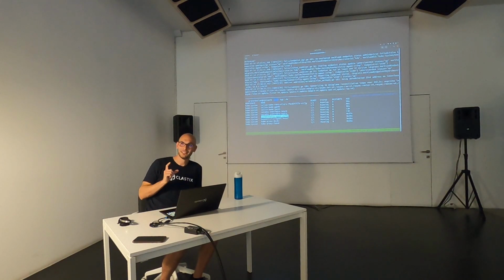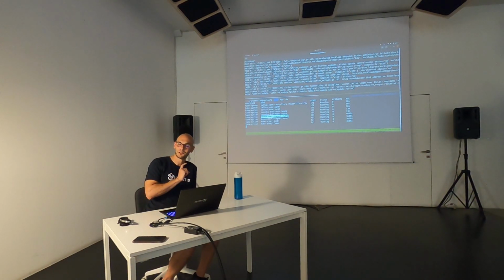Because with connectivity, we are creating a reverse proxy. Well, I would say a reverse shell from the AWS node against the API server, and starting a bidirectional communication from the API server.